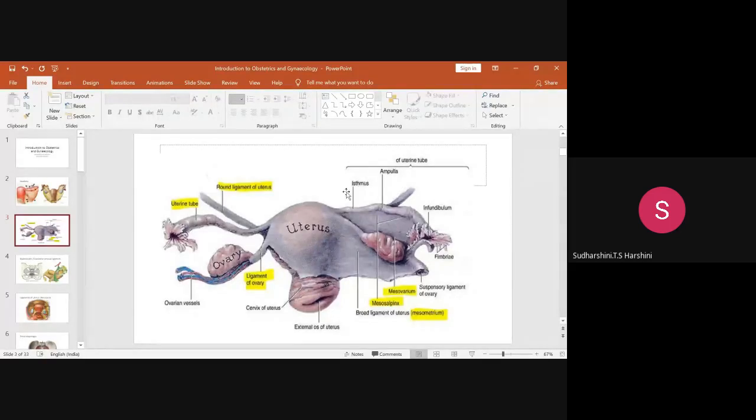Okay, you're going to do puerperal sterilization. What is the technique of sterilization that we follow? It is Pomeroy's technique. When you go into the topic per se, you'll be told in detail about that. So one thing you just remember is in the ampullary portion of the tube, fertilization is going to take place, and in the isthmus, it is the sterilization that we are going to do for family planning.